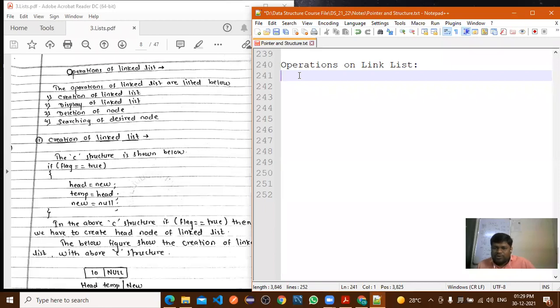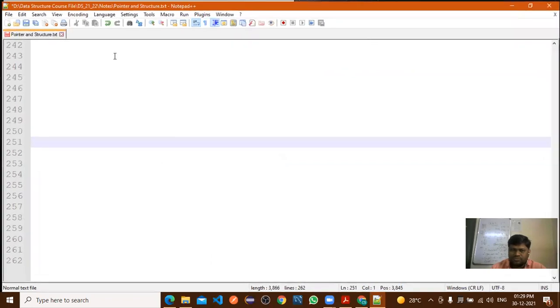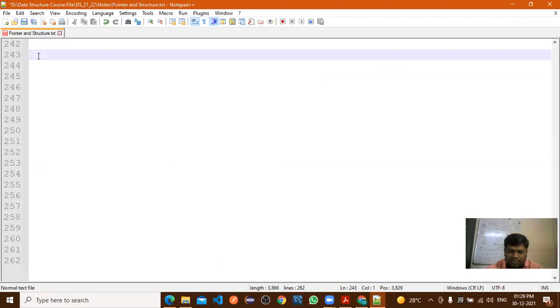How many programs have you implemented? First, which program? Linear search, all of you have implemented. Linear search. Binary search.